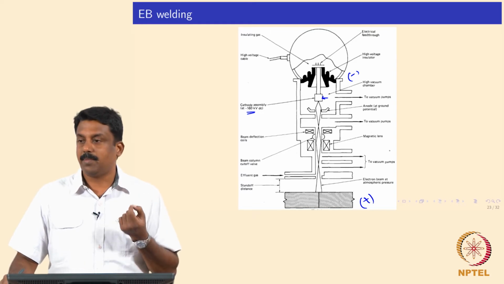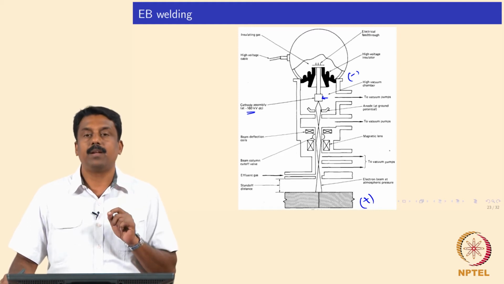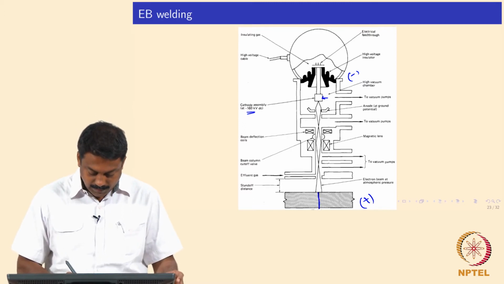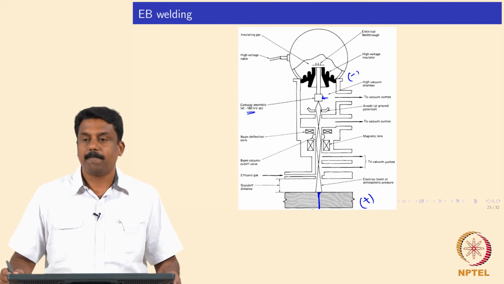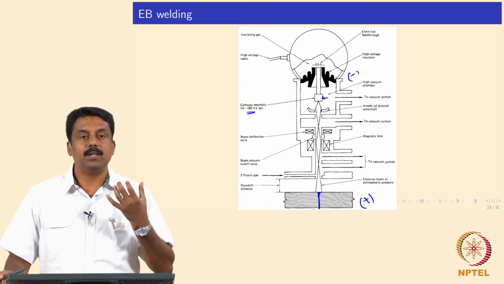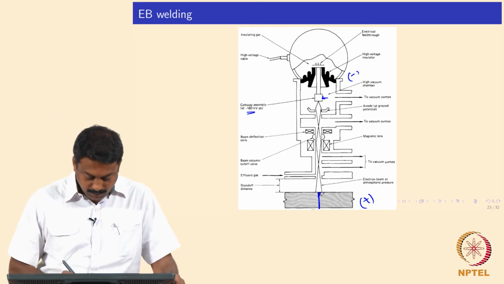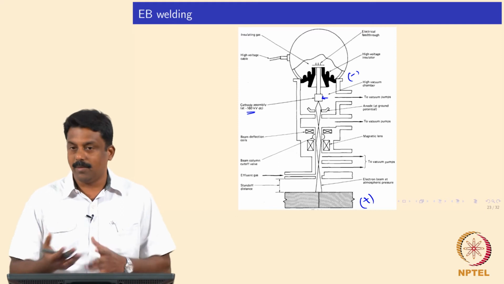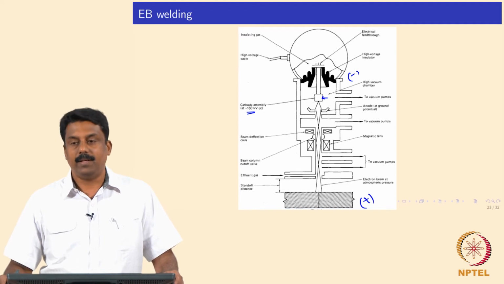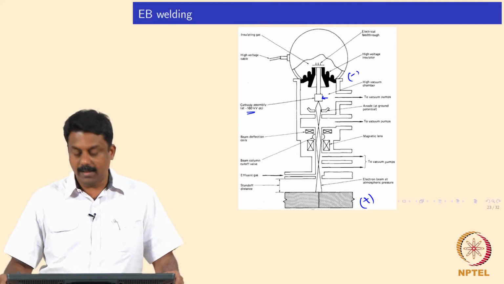We can achieve a much smaller spot size than even a laser, so we can focus very high power onto a very tiny spot. Due to that, we can have a very narrow heat affected zone as well as a narrow fusion zone, and the material absorption of electrons is also much higher. So, electrons would penetrate the material much deeper than lasers, right. The moment the electrons are decelerated, the kinetic energy of the beam is dissipated as heat in the material, and you end up melting the interfaces, forming the weld, right, it is clear.